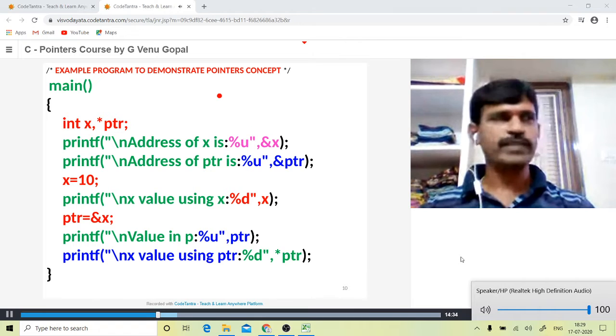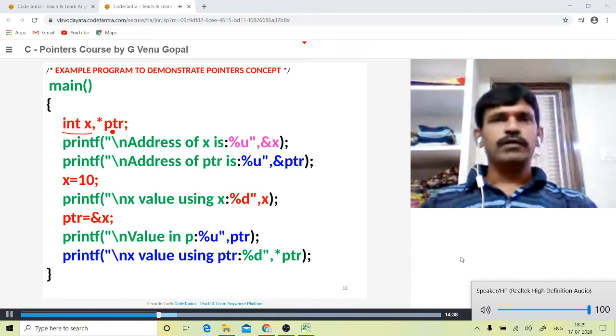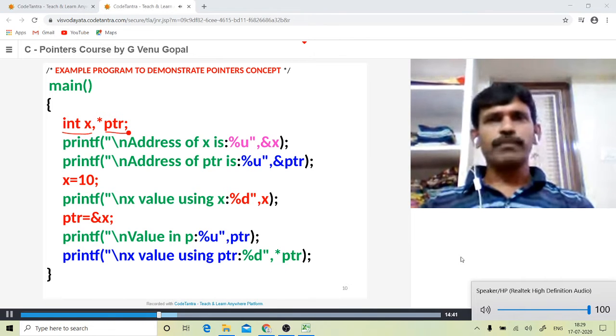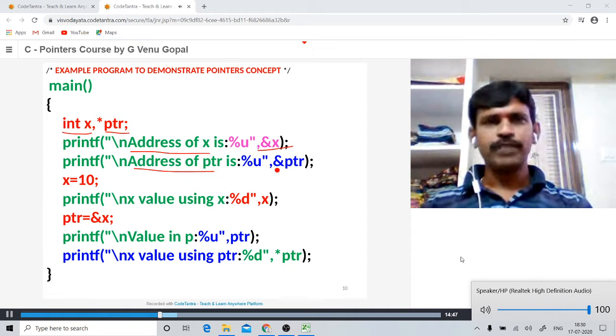Another example to demonstrate the pointers concept. Here, x is a normal variable, ptr is a pointer variable. Address of x is printed using &x. Address of ptr is printed using &ptr.